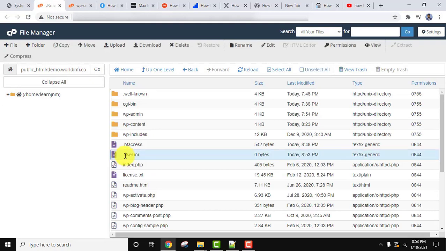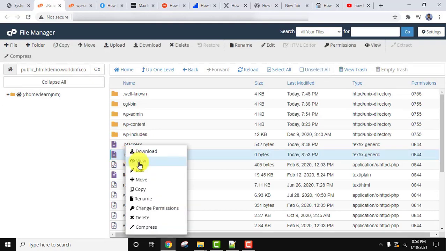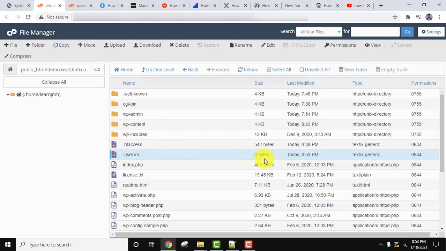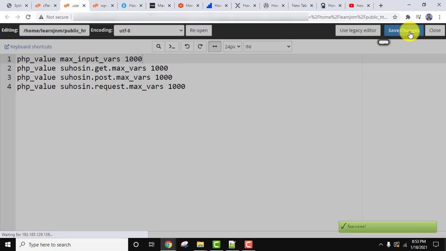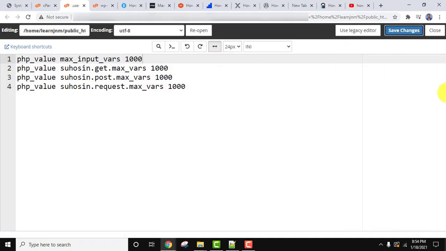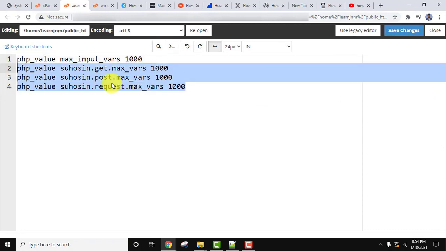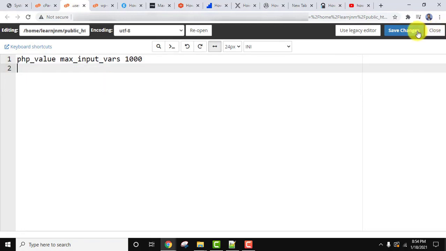Here it is, .ini file. Right click, edit here, and here type the code for max input vars. I'll click on save changes, and guys, this will fix the issue. You can remove this if it is not installed. I'll remove this and click on save changes. Now you can see both the issues will be fixed.